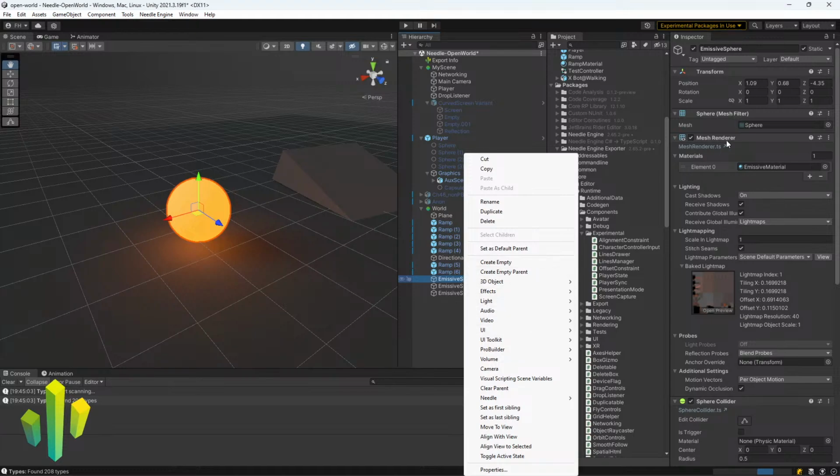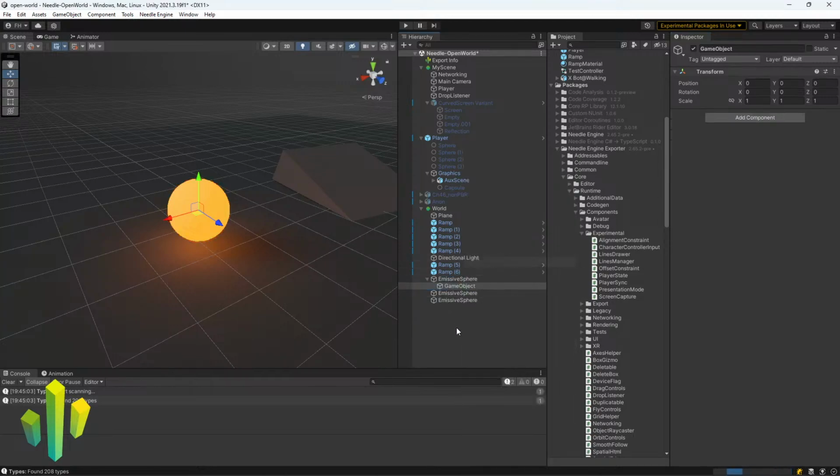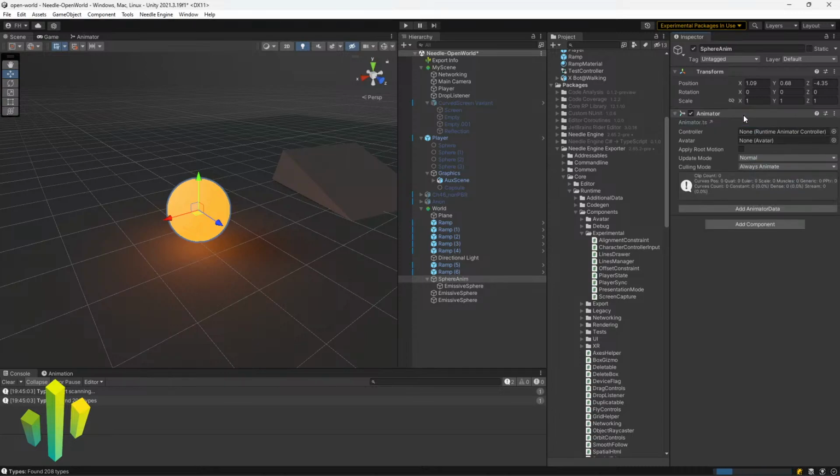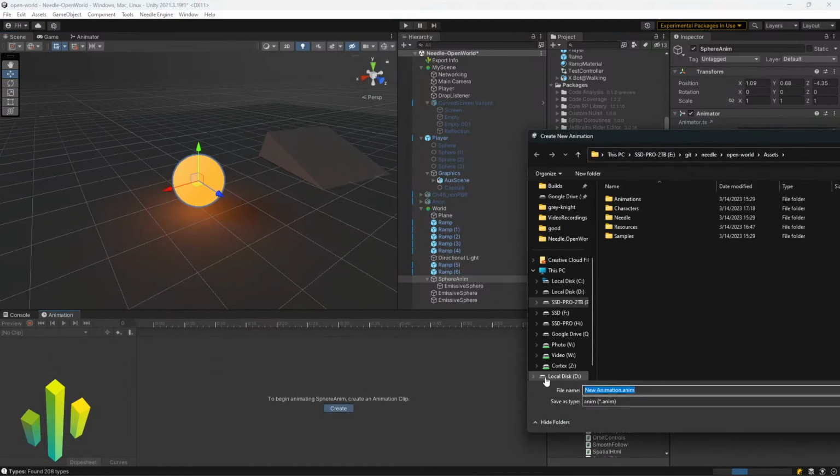Let's give them a parent and add the sphere to it. And now we can use the regular tools that ship with Unity and make doing stuff here so easy. So we can call this sphere animation idle, for example,